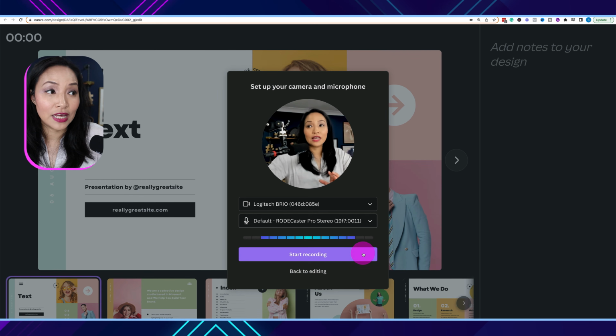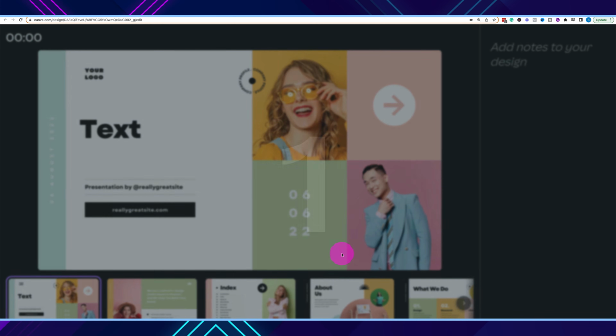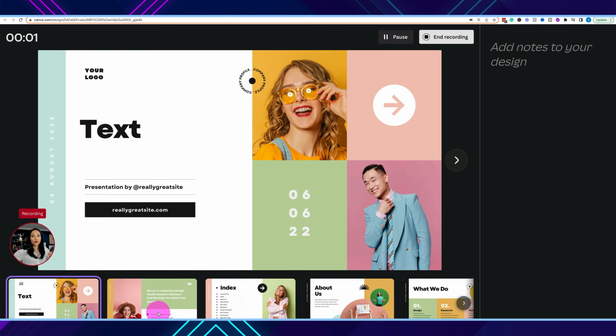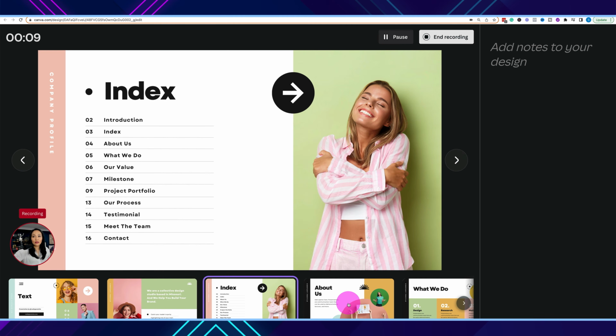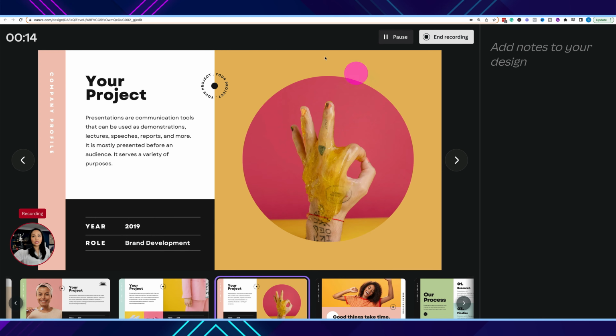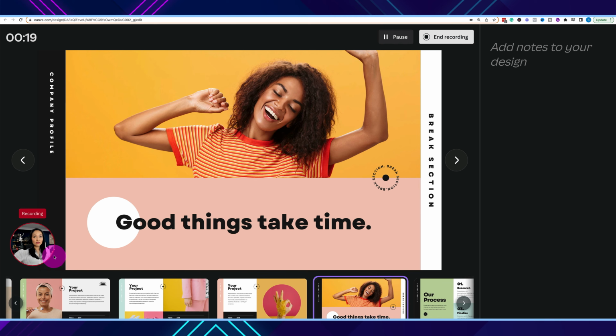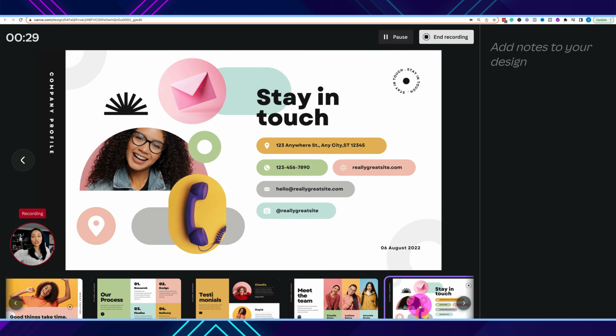I'm going to click on start recording, and you'll get a 3-second countdown and it will start recording. I'm going to go through the presentation, assume that I'm talking, look at the camera, go through all of my notes, go through all of the slides. As I change slides, the content on the screen here will change, and my video image will be in the bottom here. You can't change the size of it, unfortunately, at the time of this recording, and you also can't move it around anywhere, but it does stay there for the duration of your presentation.